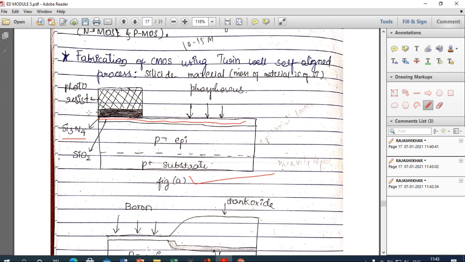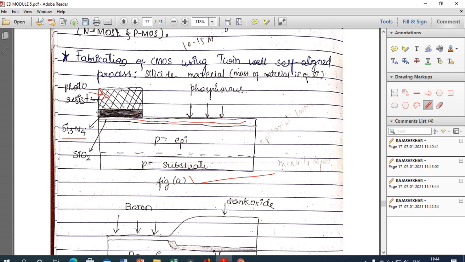After that, here I am showing this material, which is photoresist. There are two types of photoresist materials: positive photoresist and negative photoresist. Both are very sensitive to light.